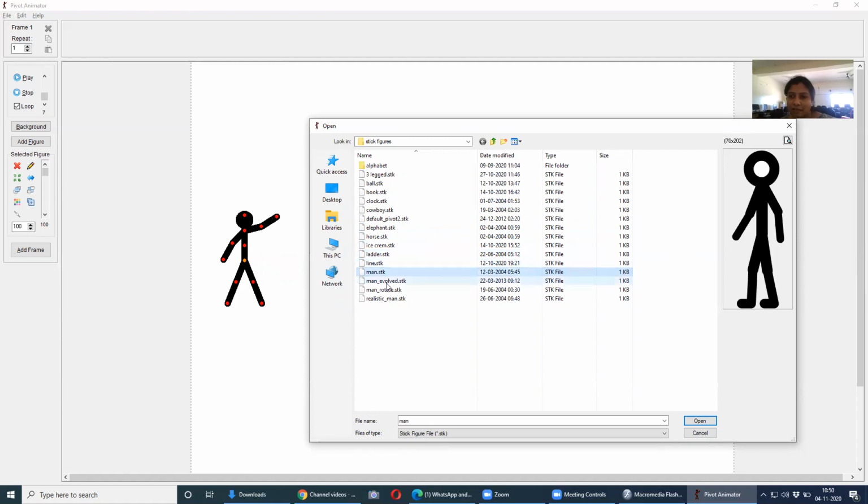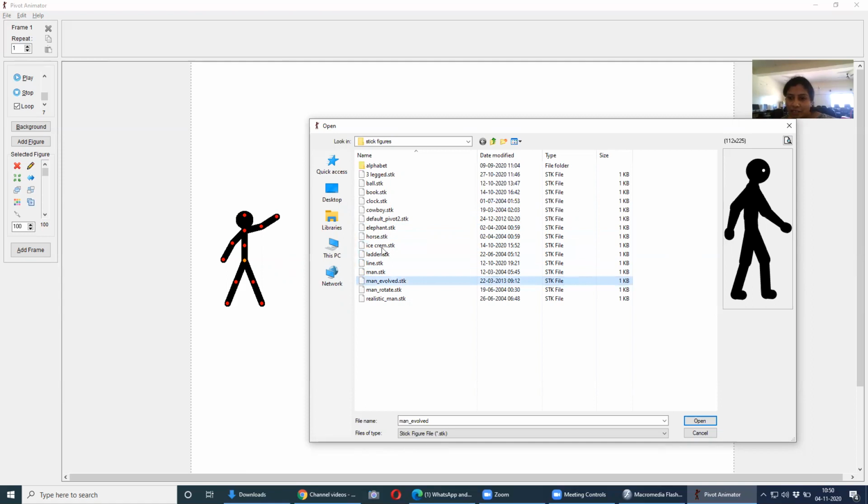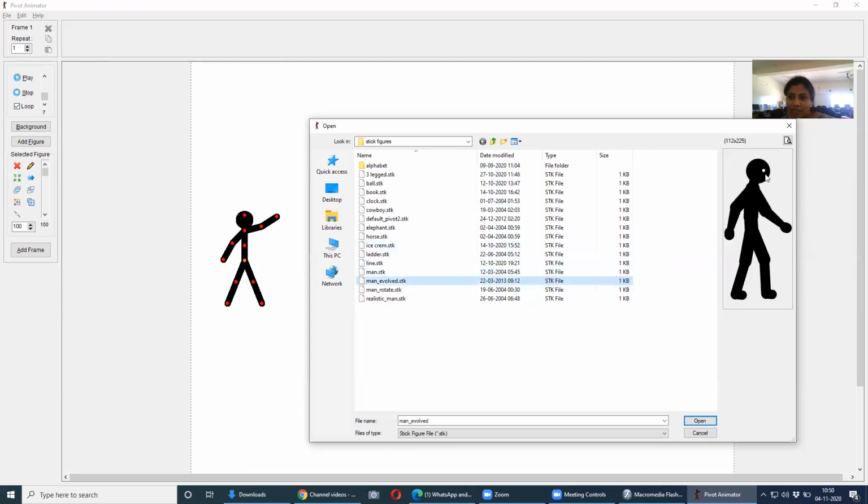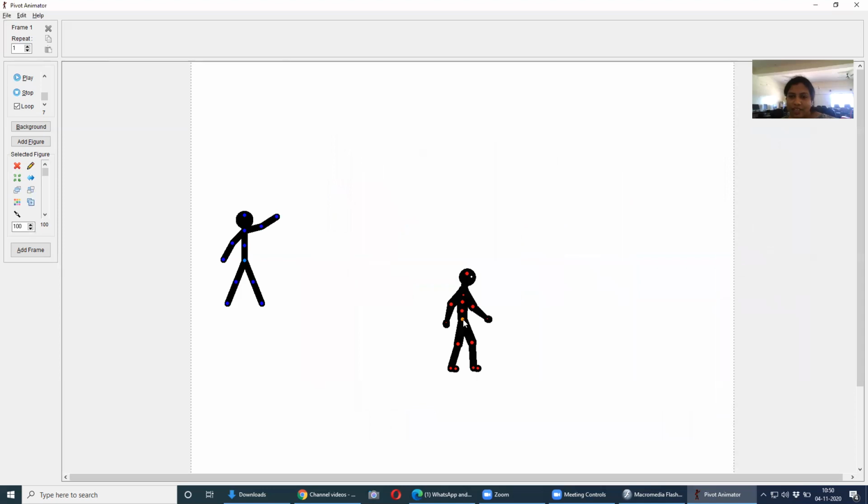Man is there. Man evolved. See, shapes of different kinds. Yes, this is with a circle. Now this, see, it looks like a man only, right? With eyes. Man rotate. Realistic man. I like this man evolved. And whichever you want to take, you single click on that one, and then click on open. See, this man is ready in front of us.